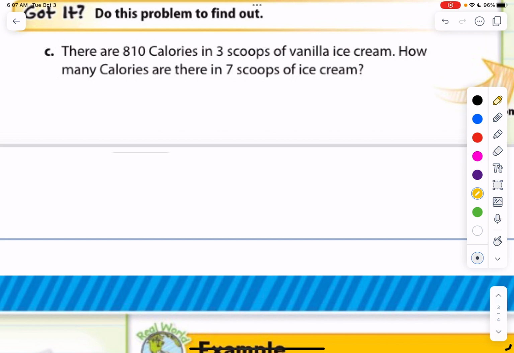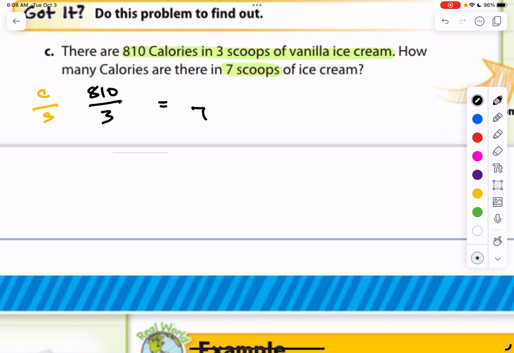Ooh, look at this one. 810 calories in 3 scoops of vanilla ice cream. Oh man, that's almost my calories for the day. How many calories are in 7 scoops? Well, first we have calories and scoops, and initially we had 810 calories in 3 scoops. We want to know how many calories in 7 scoops. I can't think of a way to multiply a whole number times 3 and get 7, but I am noticing,